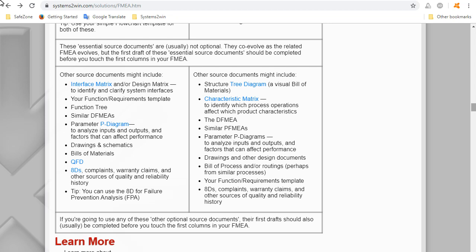Now, in addition to the essential source documents, there are also a whole bunch of other source documents that you, as the professional that you are, may or may not decide would be helpful for your particular FMEA. If you do choose to use any of these, then they too should have their first draft completed before you touch the first columns in your FMEA.